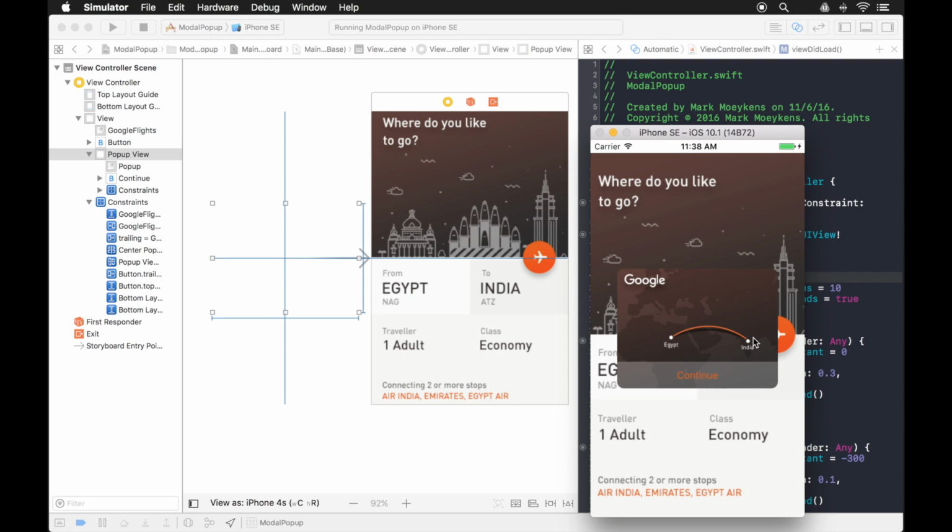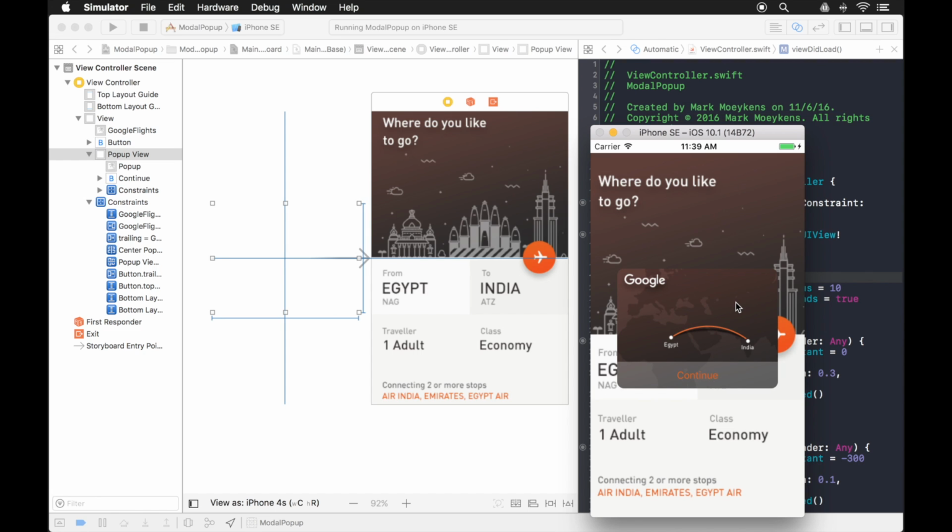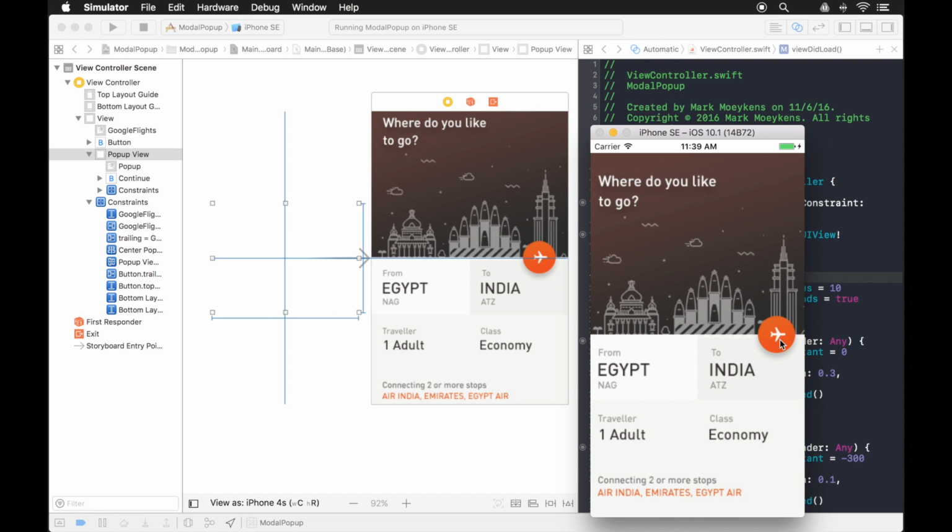Okay, it looks good. Notice it comes in and it actually goes away faster when I click it. So that's fine. Now again, on this pop-up view, notice it kind of blends into your view, right? So you want to separate that a little bit. And what I'm going to do is something a little bit different. I'm going to implement the same thing. I'm going to use a white color and change the alpha value so you can still see through it a little bit. But what I want to do is when I click this view, I also want that to dismiss the pop-up. You know, I can click continue and go on to something else, but